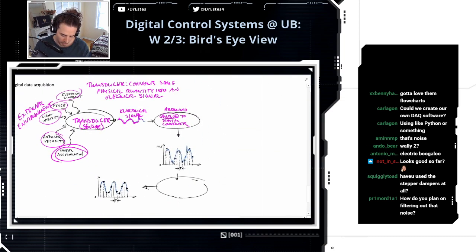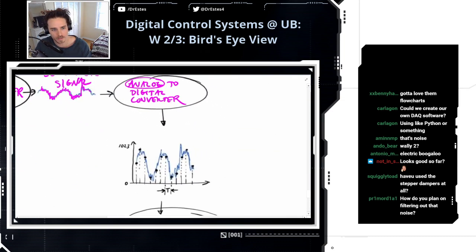So that's what you're seeing here. I have that analog signal in blue, maybe some vibrations, noise, whatever. And then I convert it into a digital signal. It's interesting, this analog to digital converter. Like, this is a physical circuit,